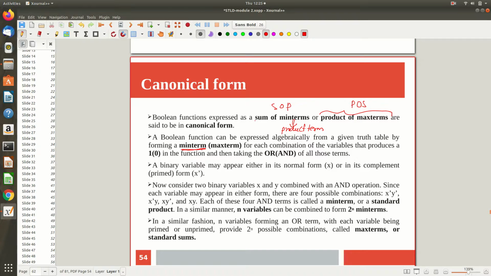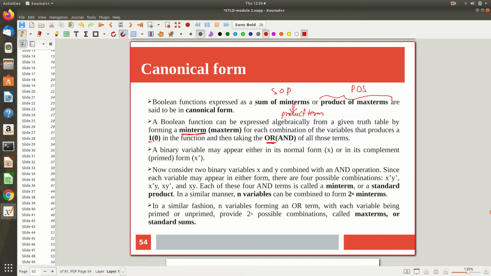For the time being, we have the min term. We obtain the min term from the truth table. For that, we look at the rows where we are getting a 1, right? We take that min term, and the min terms we add together, performing an OR operation, and you get this SOP expression. The opposite thing we will do for POS. Both are correct.